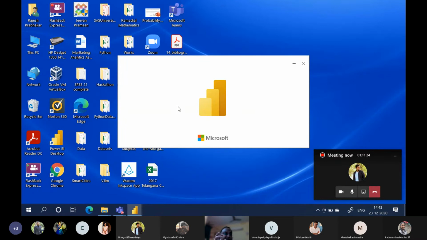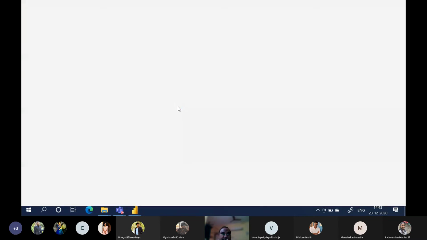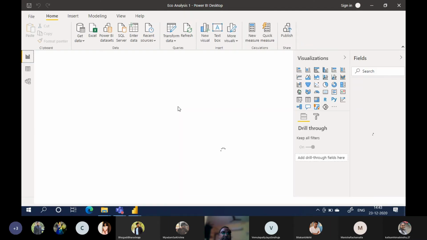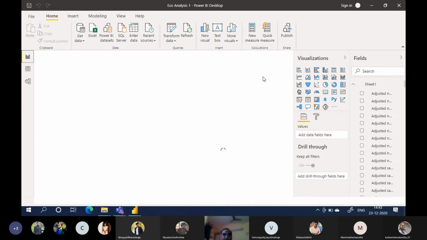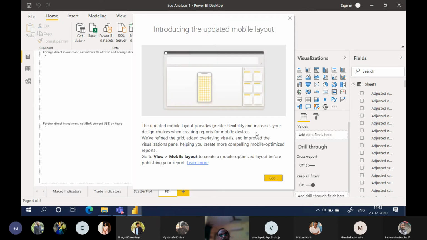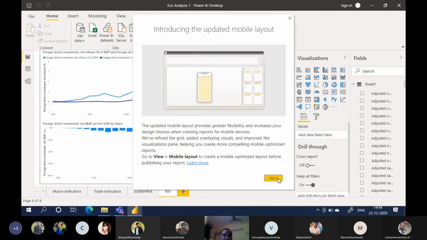So now you got the feel of how to deal with Power BI, right? Just like Tableau, but Power BI is more powerful compared to Tableau. Alignments and all, which are there in the paid Tableau version, you will not have in the public version. But in this case, even the free version provides a lot of advantages.